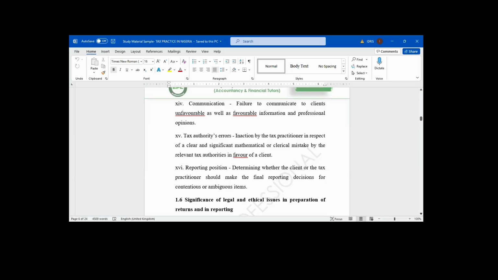The new tax law will commence in January 2026. When the new tax law commences, you do not go and tell the client. So this is the new way you're supposed to do it. This is the new rate for capital allowance. This is the new rate for company income tax. So you did not tell them. That means you don't know your job. It's against the ethics of your profession.